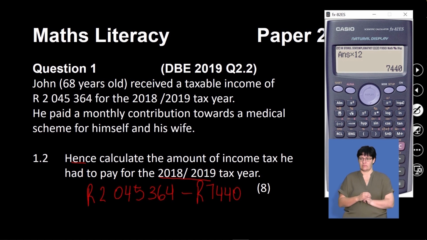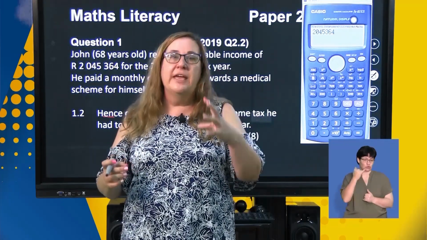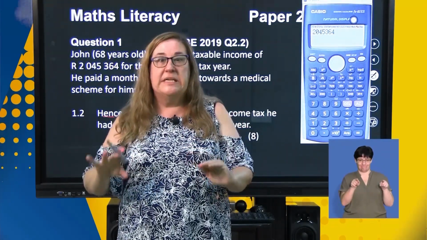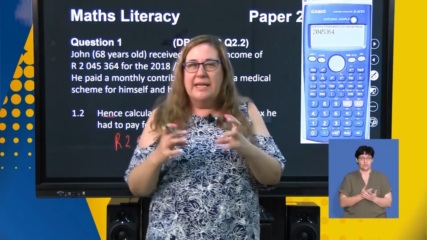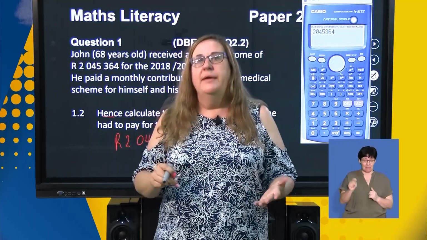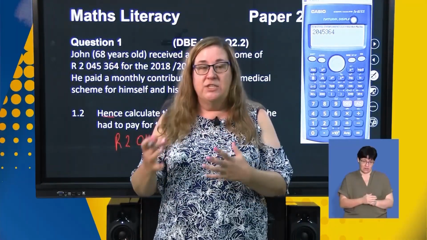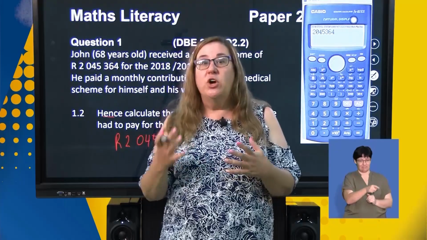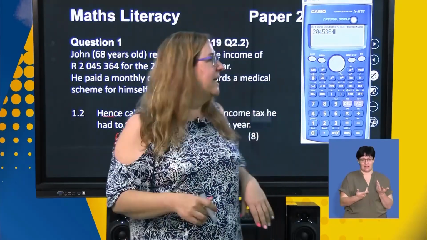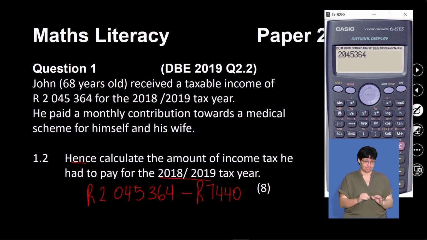When you're typing in this number, please make sure that you've got the correct digits, and that the number on your calculator and the number that you've written down are the same. It's always a good idea to check very carefully that you haven't made a mistake in simply typing in a number, because then you're going to get the wrong answer. The teacher who's marking, your examiner, is not going to know that you've just made a silly, careless mistake. So double check. Now for that, we're going to minus our 7,440, and we're going to get an answer of